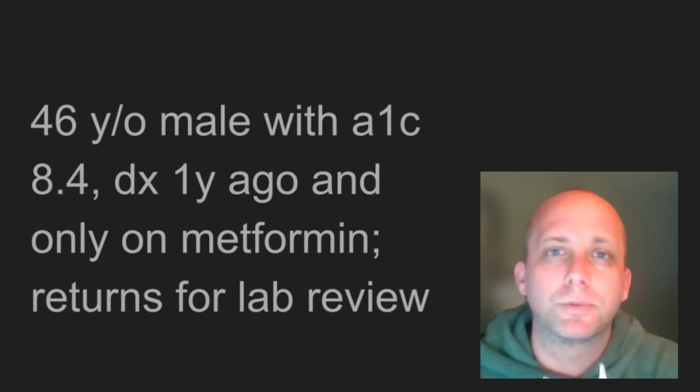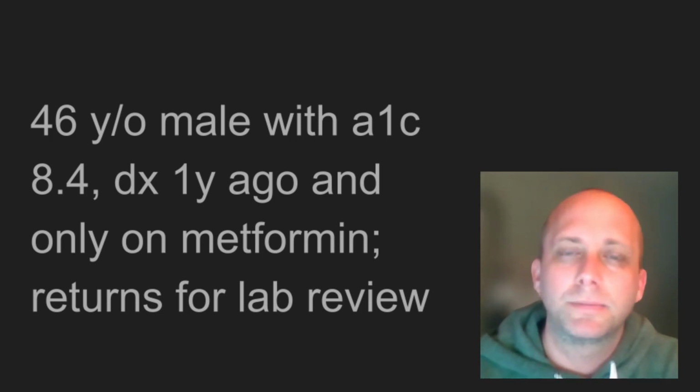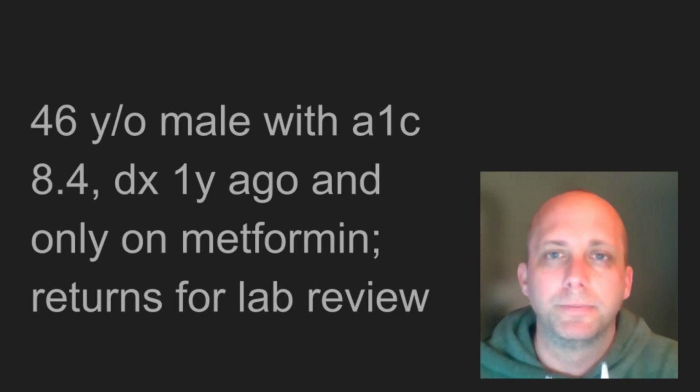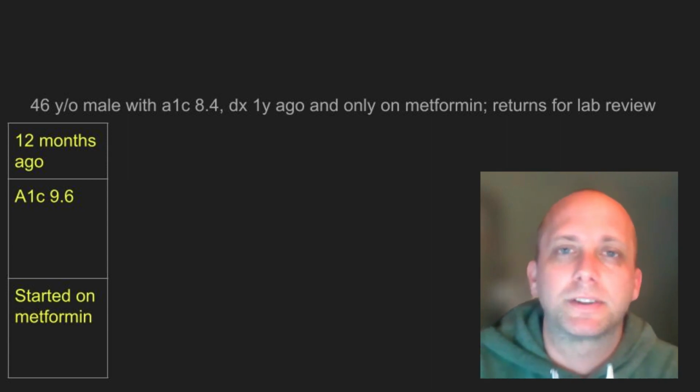So we'll start with a case, a 46-year-old male presenting for routine diabetes follow-up. He was diagnosed about a year ago, and today his A1C is 8.4. He's only on metformin, and he's returning for lab review. So 12 months ago, when he was diagnosed, his A1C was 9.6, and when he was started on metformin,